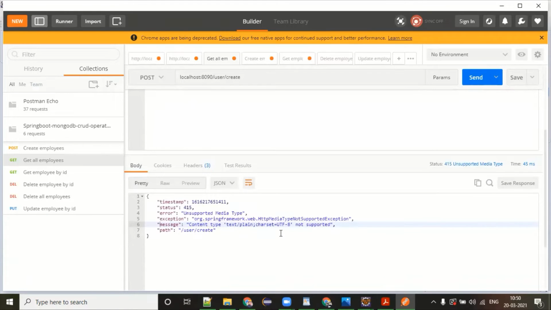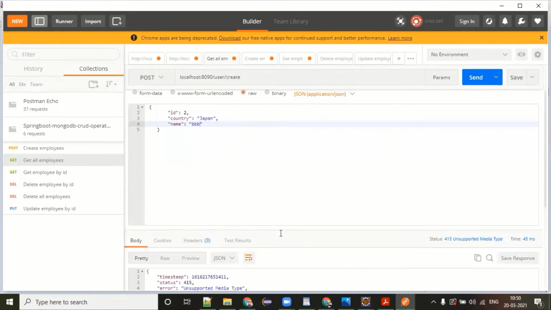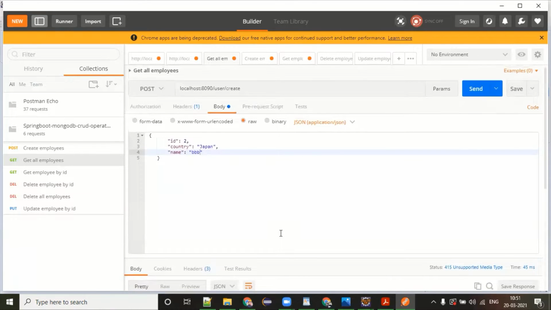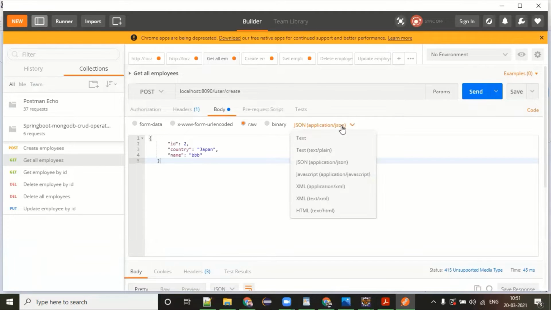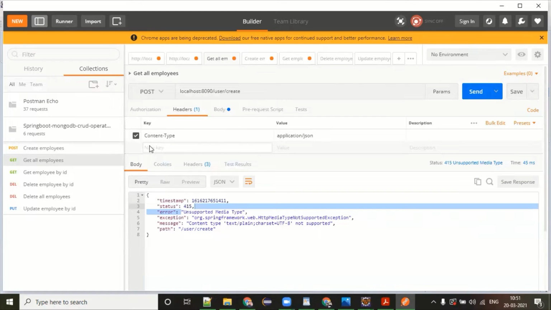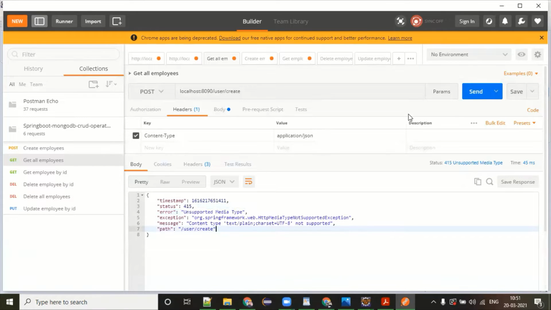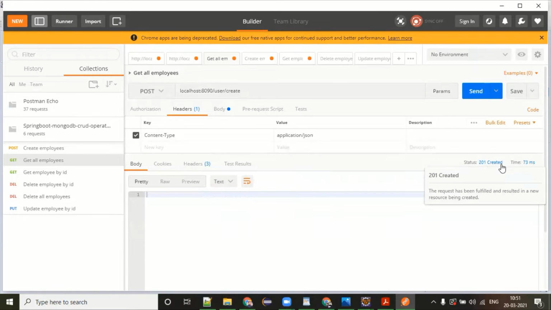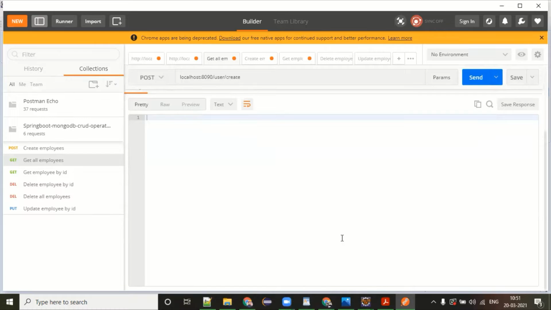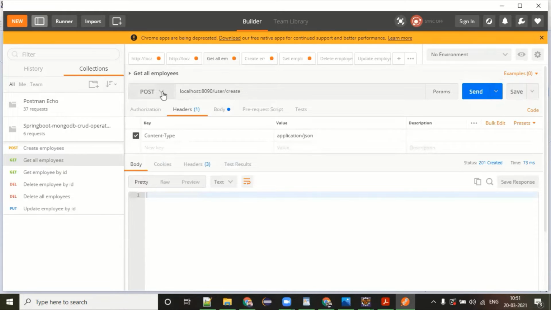415. User unsupported media type. Content type application JSON, this is fine. Then why is it saying this? Okay. Can you see that 201 created? It means this call is also a success.